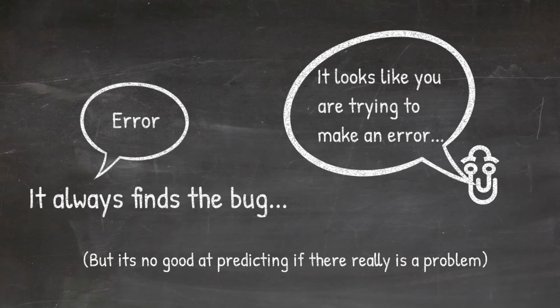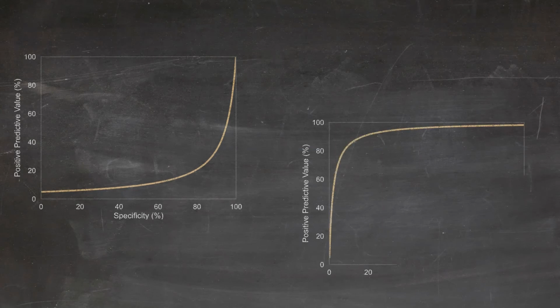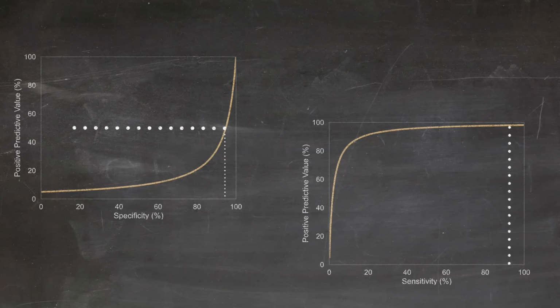As you can see, sensitivity and specificity are often not symmetric. A test can be very sensitive but have poor specificity. Tests are often scripted to be sensitive to a bug, but less attention is usually paid to making them specific. The result? Flaky tests. For a fairly rare software bug, the graph of positive predictive value against specificity is highly